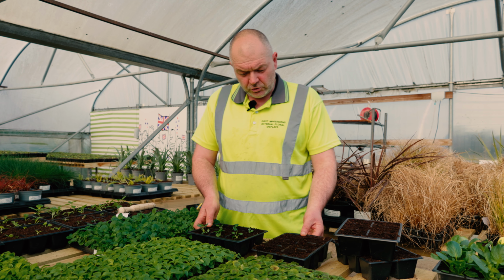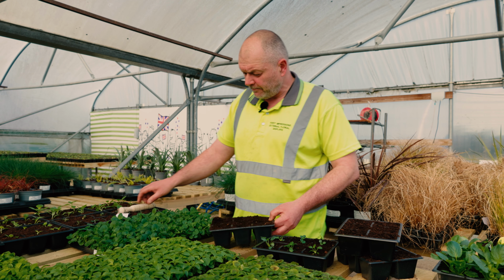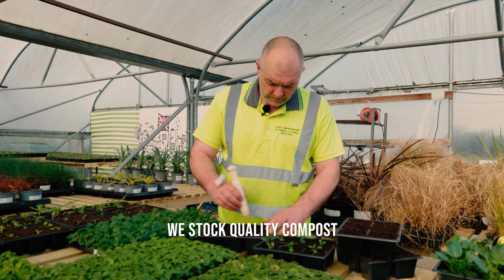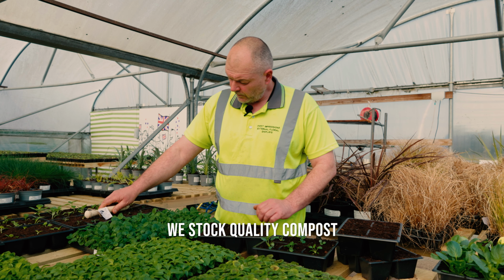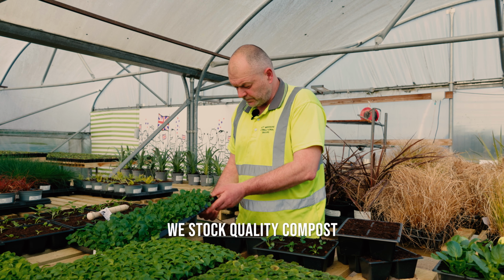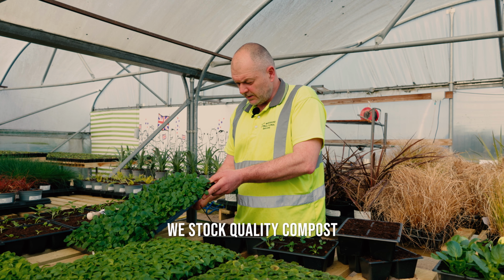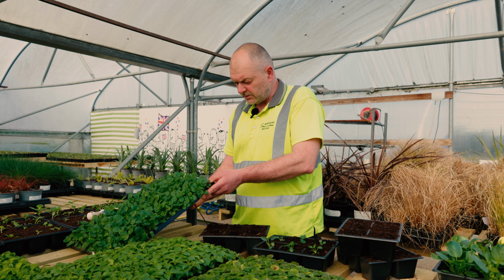So it's pansies I've chosen today. I'll just do one more for you. So in loose peat-based compost, make your little holes, and again with a split green cane, gently tease the plants out of the cells,